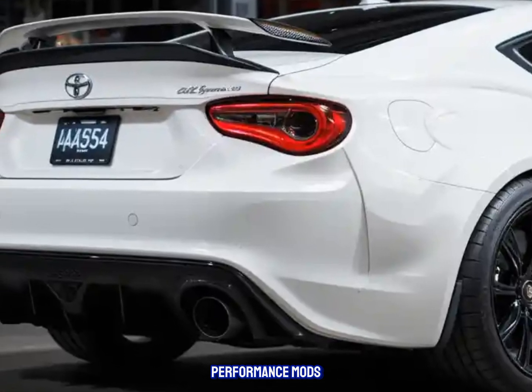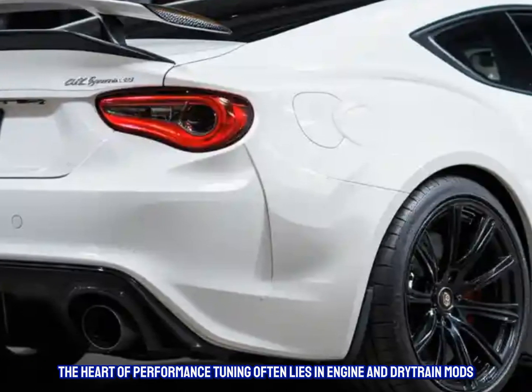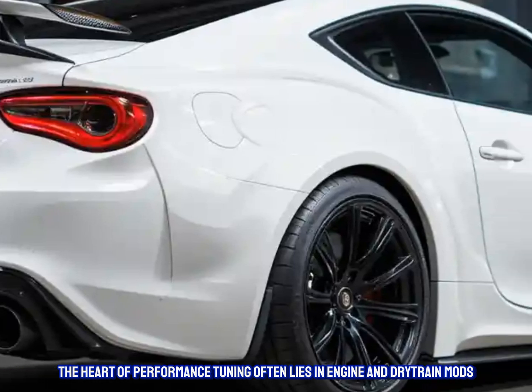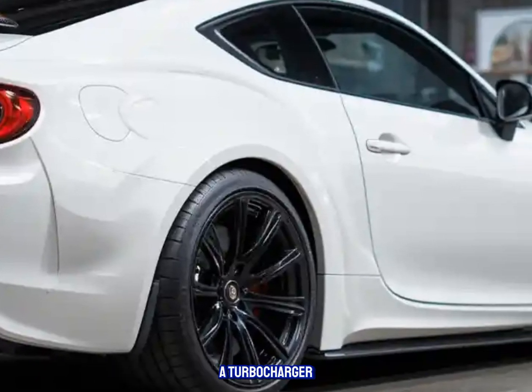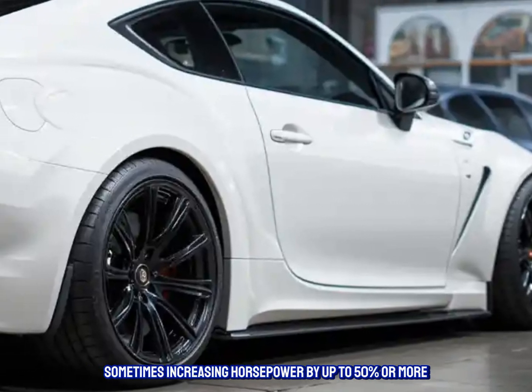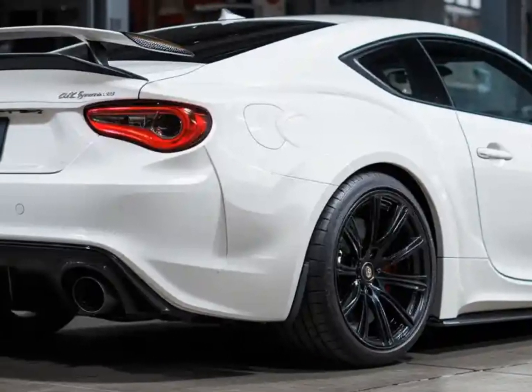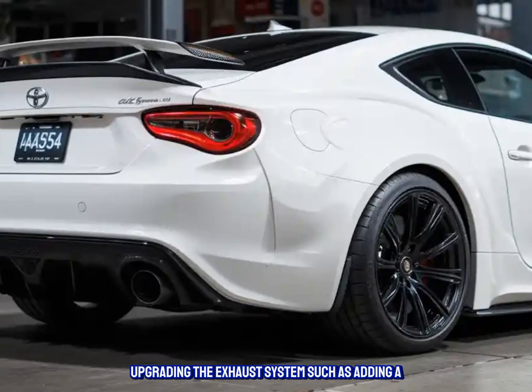Performance mods. Performance mods are where the magic happens. The heart of performance tuning often lies in engine and drivetrain mods. A turbocharger or supercharger can add a significant power boost to your car, sometimes increasing horsepower by up to 50% or more. Upgrading the exhaust system, such as adding a